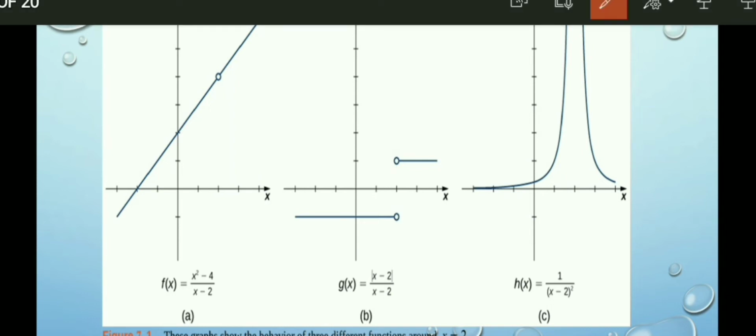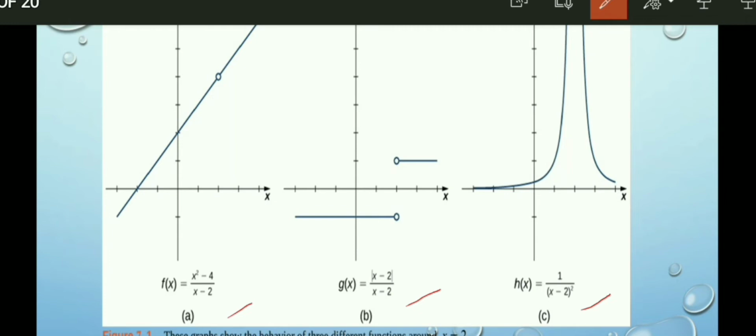So in letter A, we have f of x is equal to x raised to 2 minus 4 over x minus 2. In letter B, we have g of x is equal to the absolute value of x minus 2 over x minus 2. In letter C, we have h of x is equal to 1 over the quantity of x minus 2